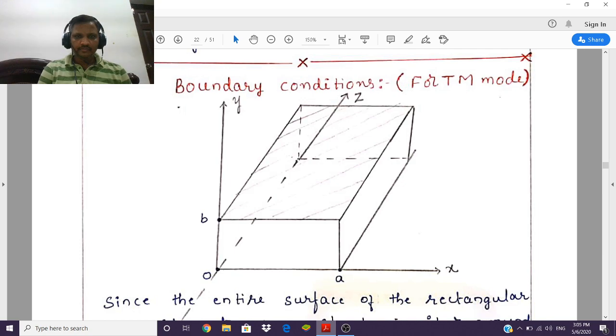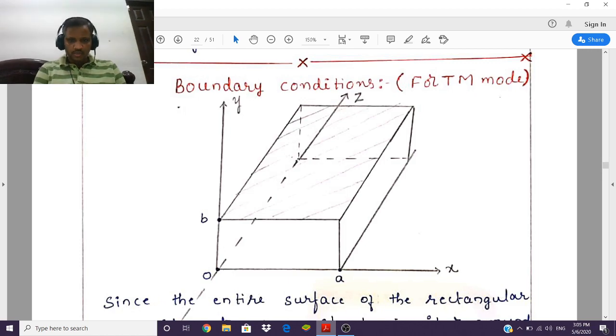Along with that, we need to find out the values of A and B, and that can be done by using the boundary conditions. Here the boundary conditions will always come only from the walls of the waveguide. What are these walls of the waveguide, how can we take the boundary conditions, and how can we substitute them to get the final solution for Ez in the transverse magnetic mode of analysis?